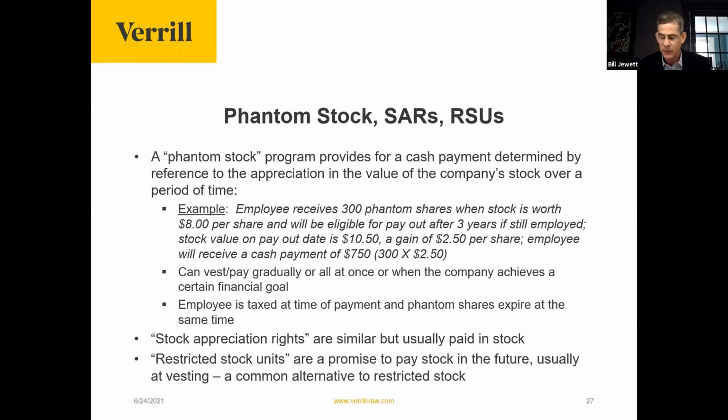So restricted stock, just to distinguish it from restricted stock units: with restricted stock, you would transfer the stock to the employee subject to restrictions so that the right to keep the stock has to be earned. Restricted stock units, you give the employee a contract, a letter, some kind of agreement saying, we will transfer stock to you at a later date if you satisfy the following requirements. So that's the structural difference. Restricted stock units are, as I say, very common.